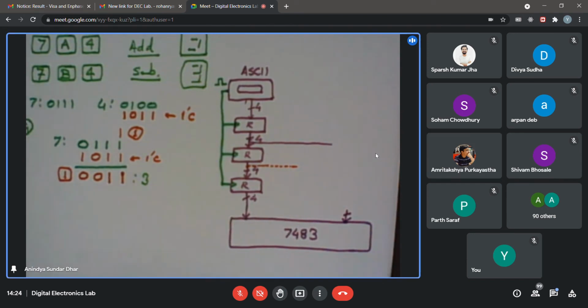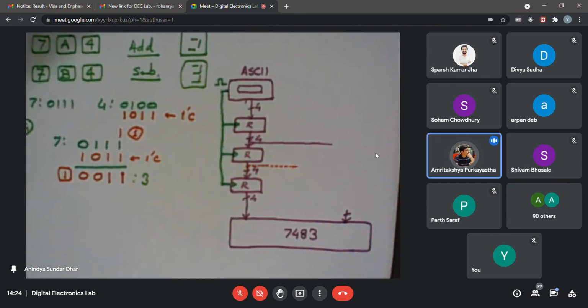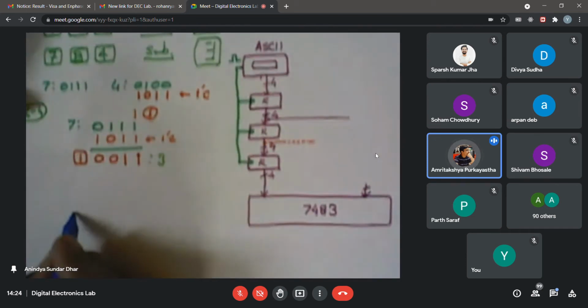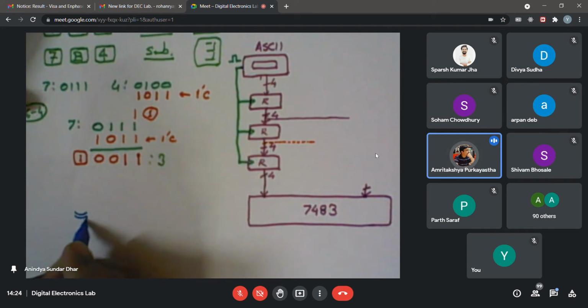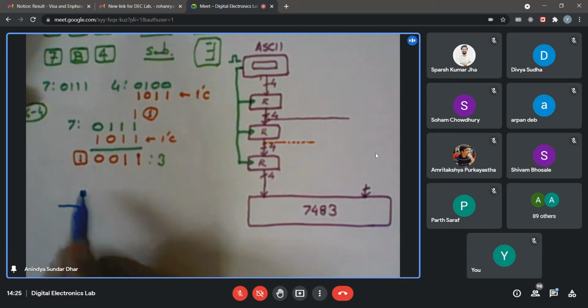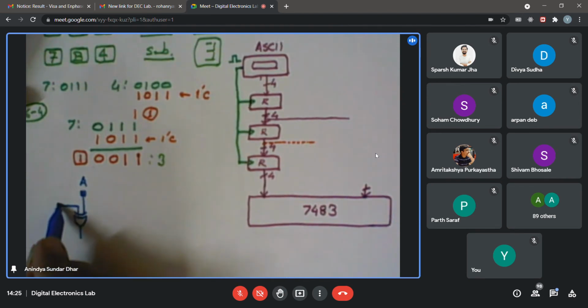Array of XOR gates. How does that help? We can use a kind of flag signal. One input of the XOR gate will be the input itself, and the other input will be a flag. If it is 1, it will be inverted. If it is not, then it will go as it is. So we are using the property of the XOR gate, XOR as a controlled complementer. If this logical variable, Boolean variable, is A, and the other line is the control line, I call it C.